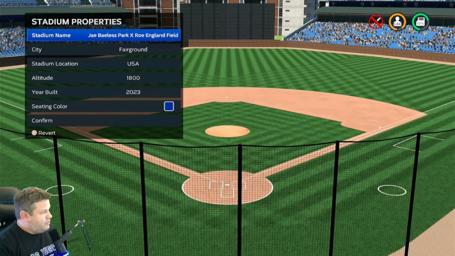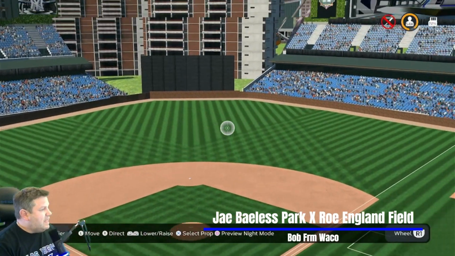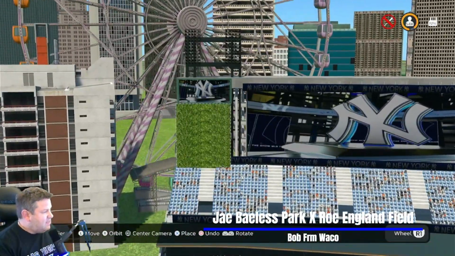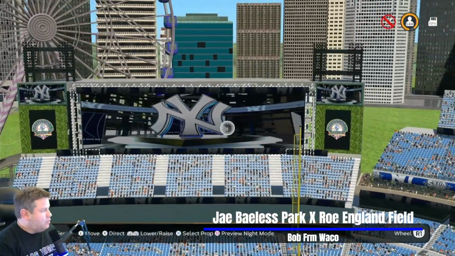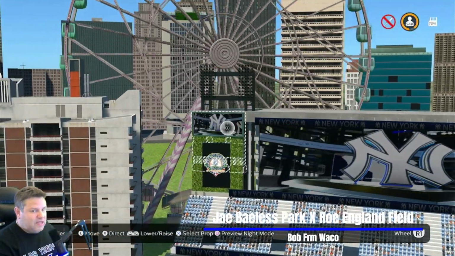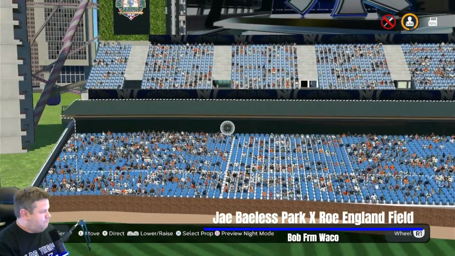Here we have another new user to Studio 44. Bob from Waco gives us J. Bayless Park, Row England Field, City Fairground, USA, altitude of 1,800 feet, built in 2023. And it's pretty simple, but it looks really good. The scoreboard appears fantastic. Anytime you use this green, I think, is kind of like an ivy for the background. Looks really good. I like the little mini scoreboards up here. Maybe they show like player stats or something like that. Fantastic. And then he's got